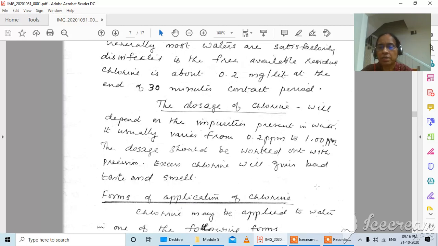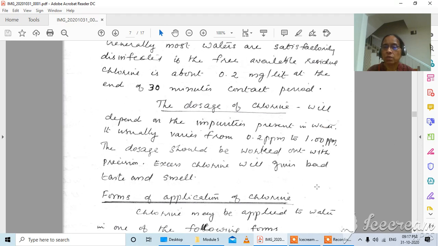Usually it is 1 milligram per liter or 1 ppm, the dose we use in many of the public water supply systems. And that is the conventional standard value,